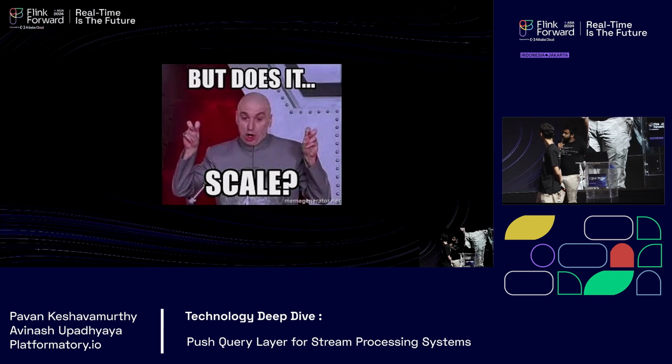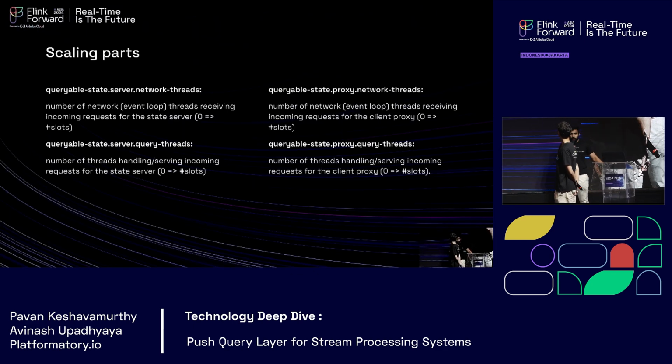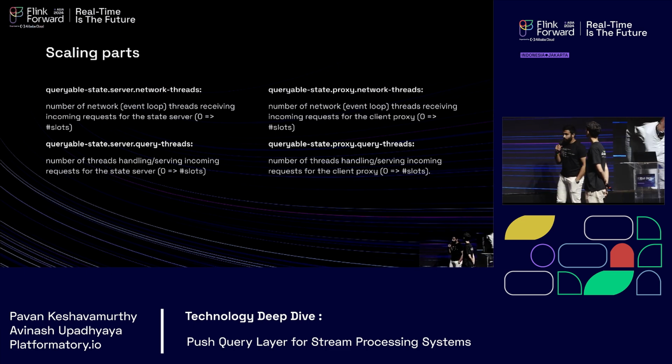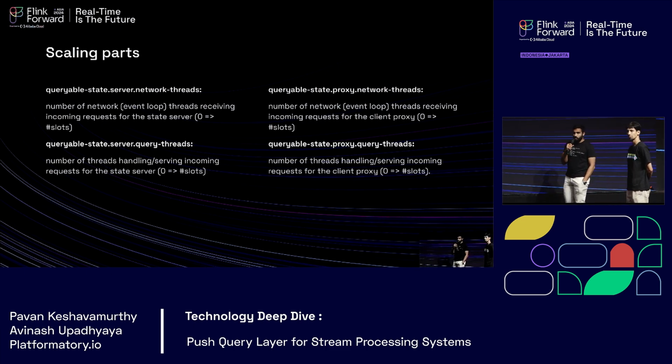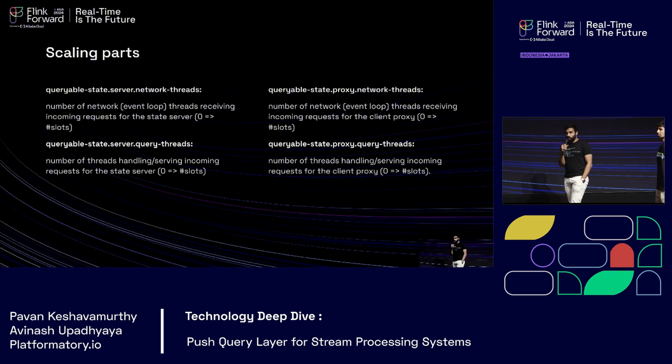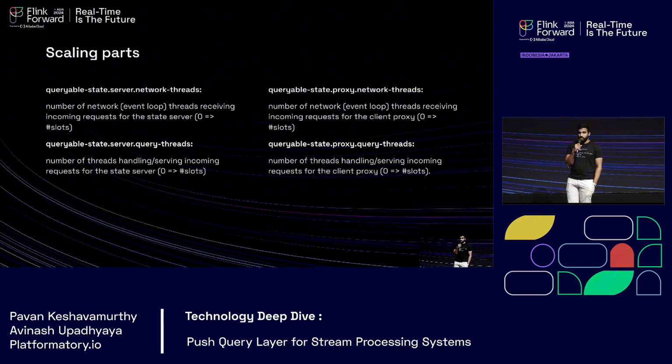But all of this was great, but we would also want to look at whether it scales. What are the scaling knobs for implementing this at scale? Because you typically run Flink jobs at a lot of scale where there's a lot of state involved. If you end up querying the state, will it actually be an issue for your Flink job? How do you actually scale your query layer as well, so that you have reliable queries?